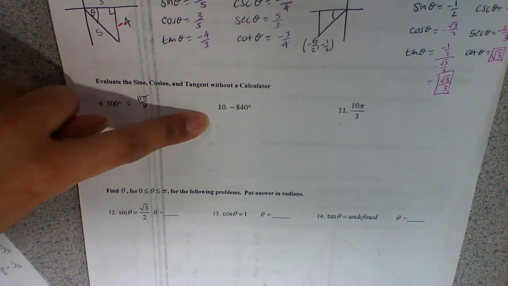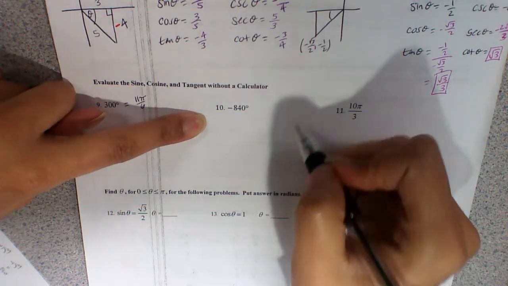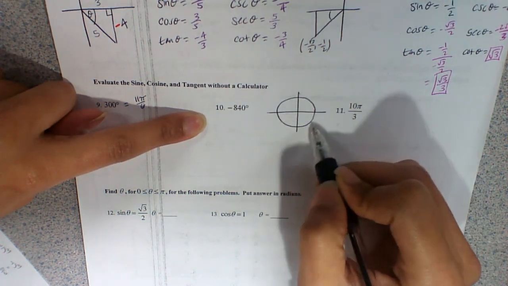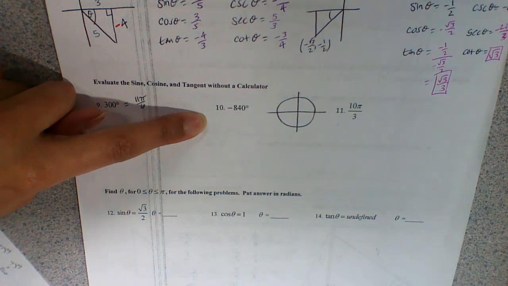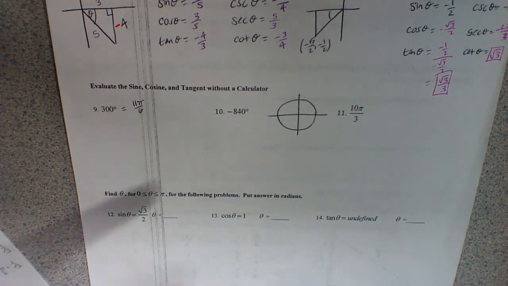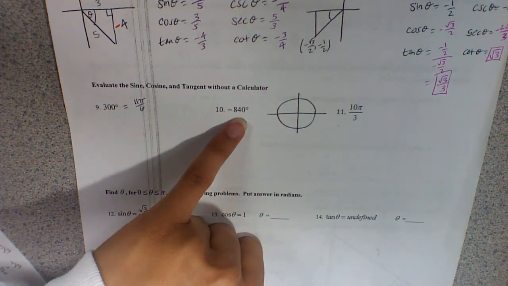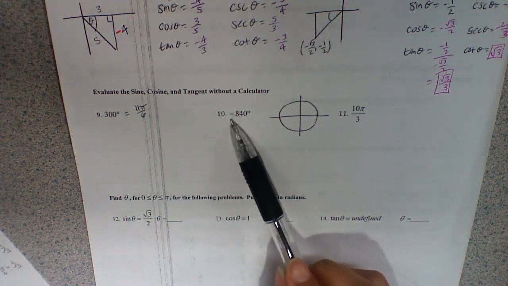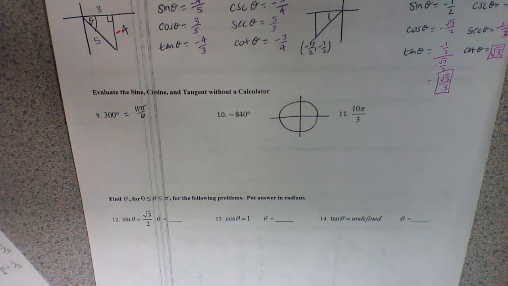But number 10, if I take a look at it, if you wanted, you could draw a picture and go through several revolutions to figure out where negative 840 would be, or you can use what you know to figure out an angle in the positive direction where negative 840 would be. What I'm trying to say is try to find a coterminal angle of the angle given. So let me try to find that. Let's add